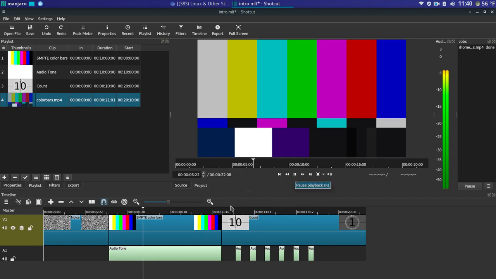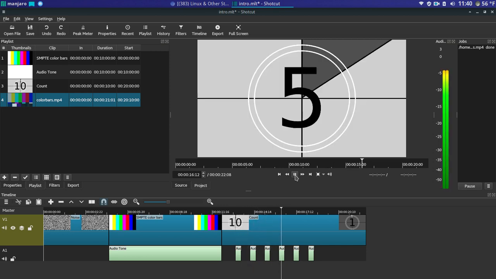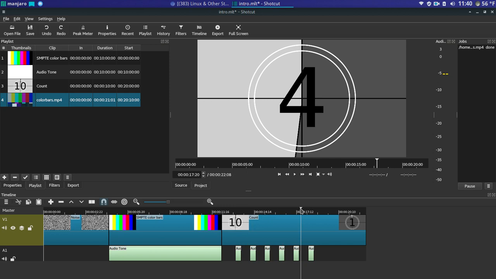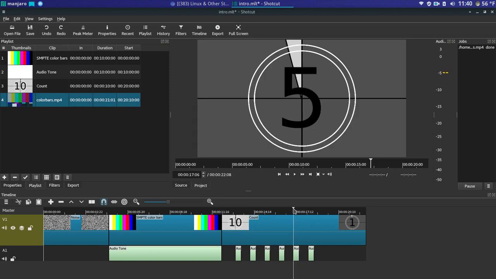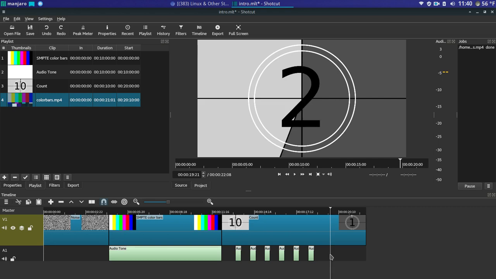There's the audio tone. I did make a spot in it where it was a little different sound. Then it starts to count down, and there's the numbers. And you see I just set these right at the beginning of each number, and so you can just go like that, go to the next number, and you could just make one little clip and then copy it like that, and come over here, append,